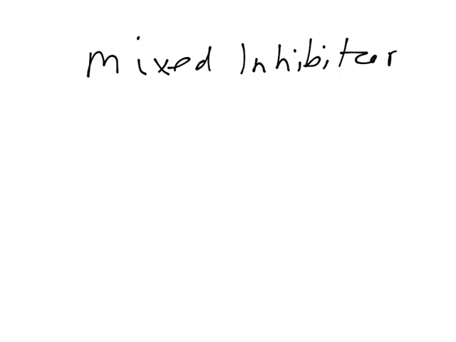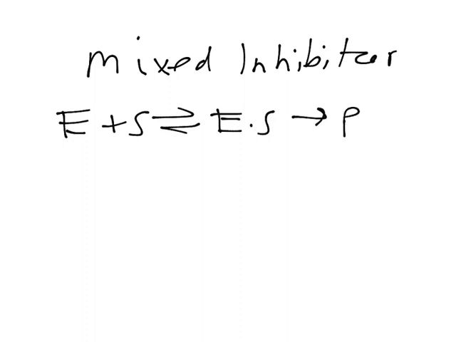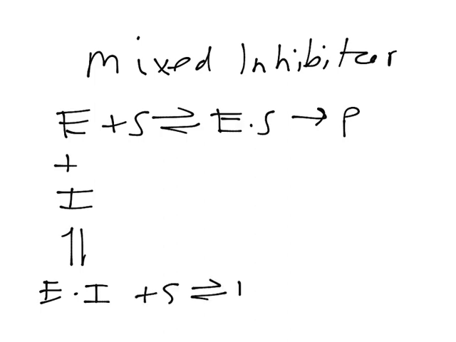So in terms of our schematic, enzyme plus substrate goes to enzyme substrate complex, goes to product. The uncompetitive inhibitor could bind before the substrate does to form a complex. Then the substrate could still bind, and you would end up with a ternary complex of the three. However, it's still not going to be catalytically able to do its job. Or you could have the inhibitor bind after the substrate and still end up with the ternary